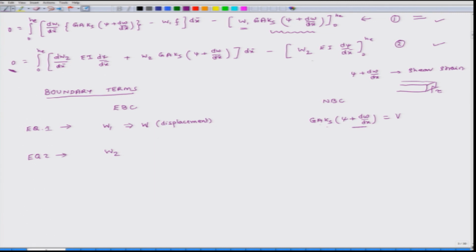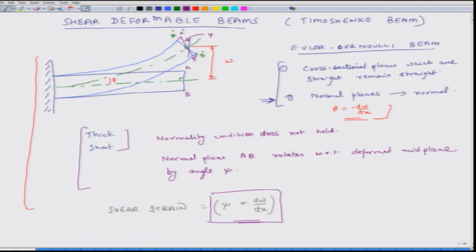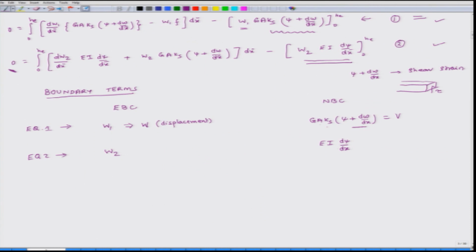So, in equation 2, in the boundary term, W2 is the weight function. The coefficient of that W2 is EI d psi over dx. And what is psi? Psi is rotation of the original vertical line AB, how much it rotates by, that is the rotation. If I differentiate it once again, I essentially get the curvature. And when I multiply that curvature, d psi over dx, or d2w over dx square for Euler-Bernoulli beams, by EI, that is the moment. So, this is our bending moment,